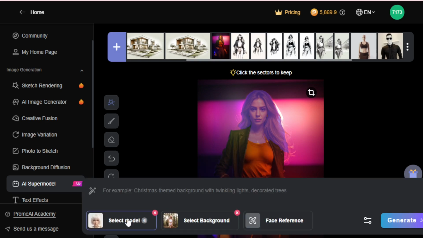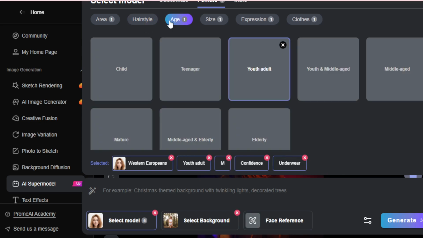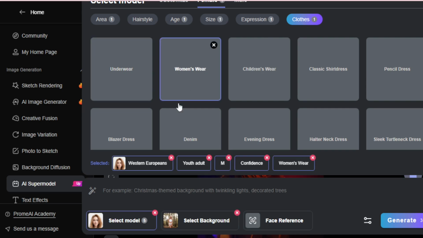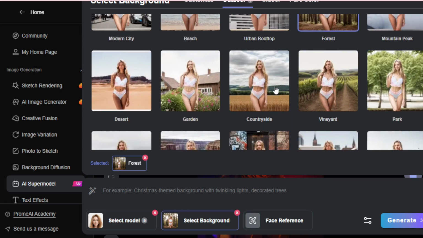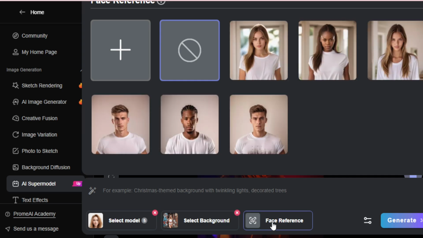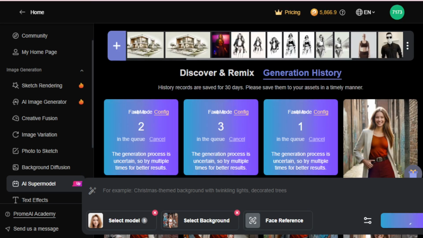First, I go to Select Model tab, choose my model based on a specific area zone, and next, choose my model's hairstyles, model age, model size, and model expressions, and select the model's clothes according to your requirements. After selecting everything, next move to the Select Background tab and choose any background just like you like. Let's choose City Alleyway. Next, move to the Face Reference tab and select your reference face. And if you don't have any face reference, click blank and click to generate the tab and generate your AI